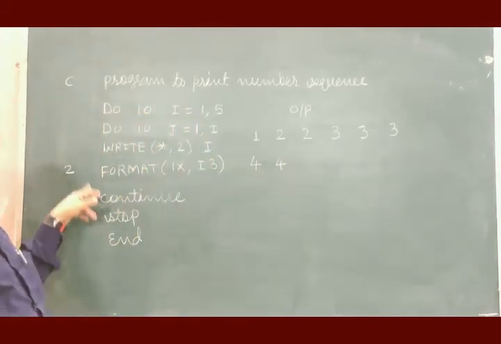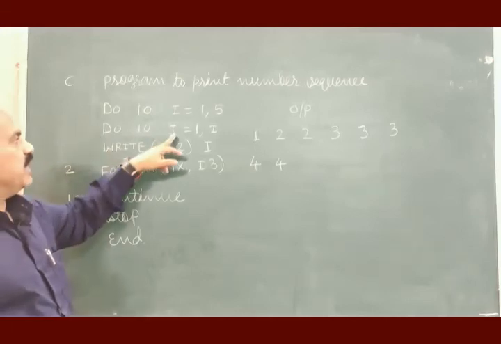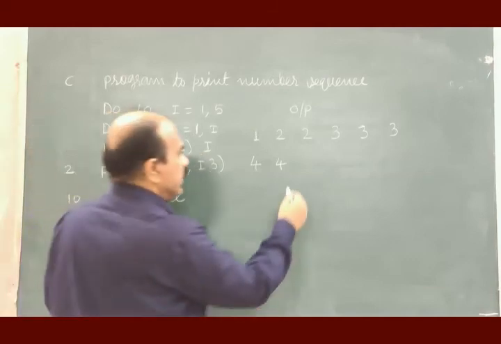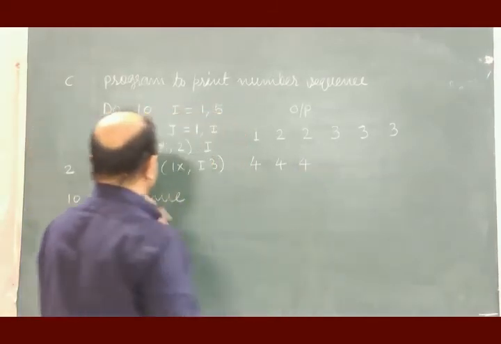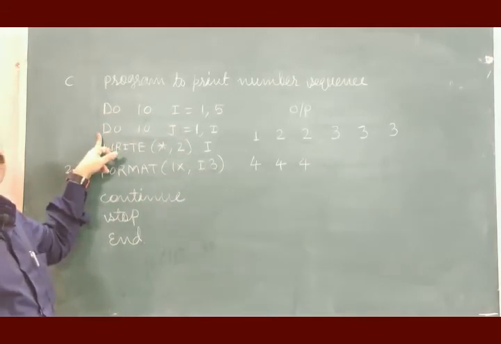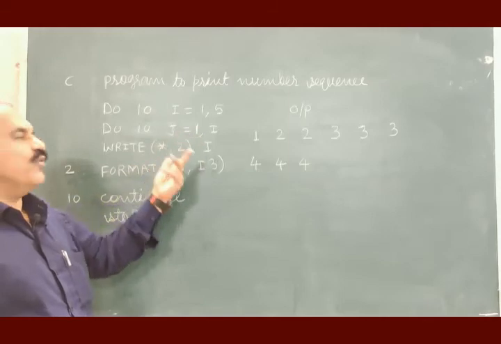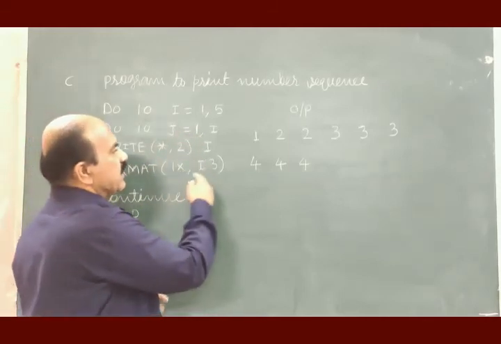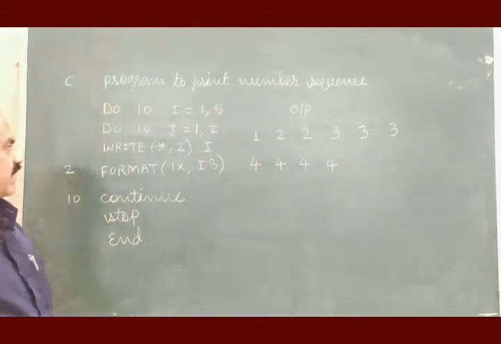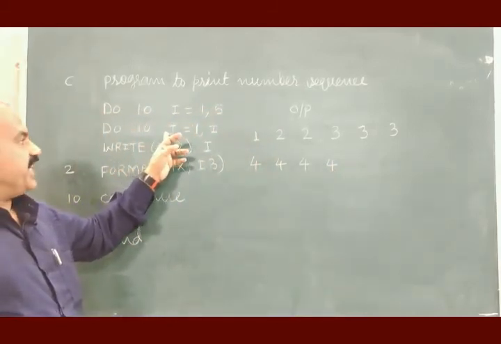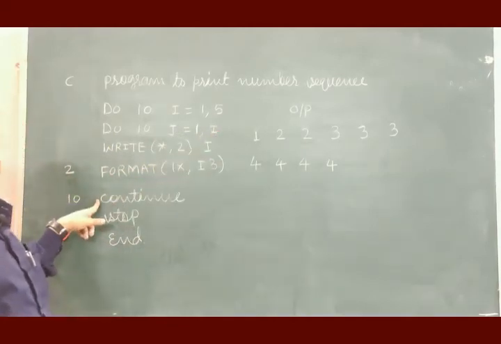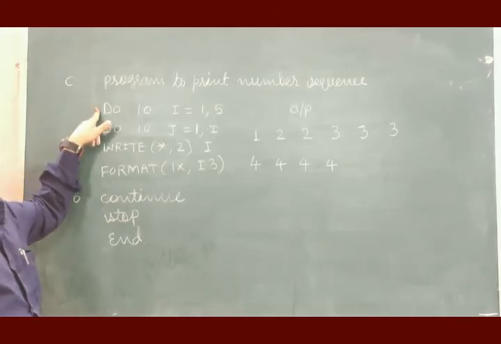In this format, continue, control goes again to the inner do loop. J will be incremented to 3. What is I? I is 4. It is again printed in this format. Continue. Control again goes to the inner do loop. Now J will become 4. What is the value of I? 4. This 4 will be further printed. Okay. Then J reaches the final value and therefore the control now leaves the inner loop. It goes to the outer loop.